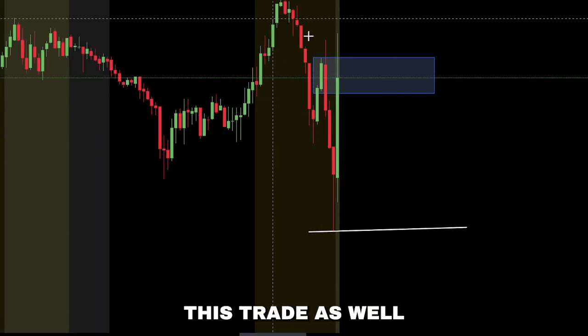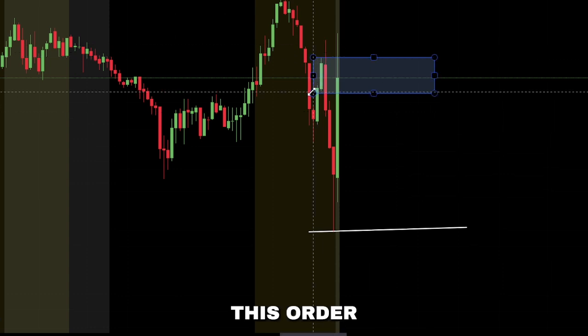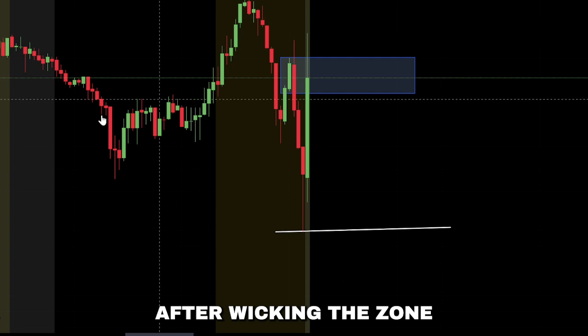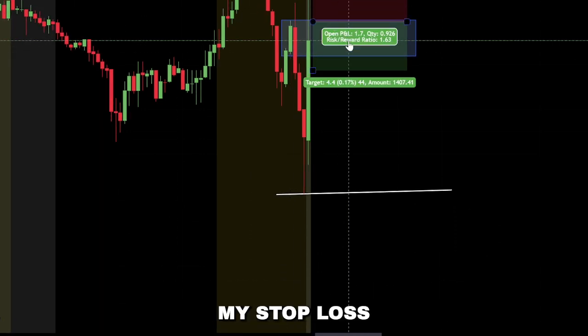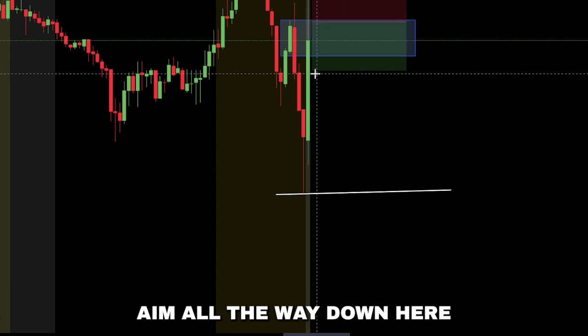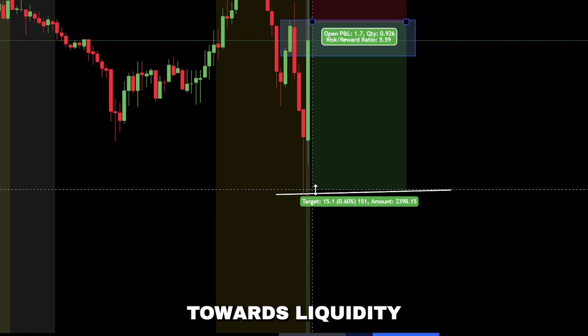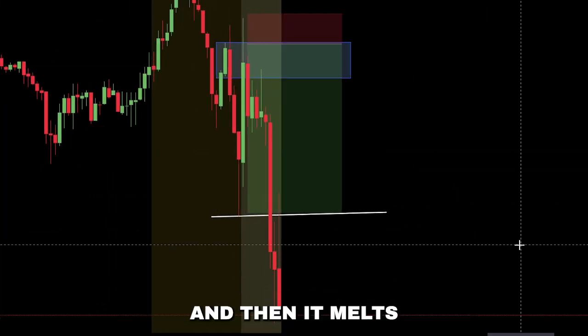I got inside of this trade as well. A push that fills in this order block. Price rejects after wicking the zone. So right there, risk to reward right there, my stop loss right above there. Then I'd aim all the way down here towards liquidity for price to come back down, and then it melts